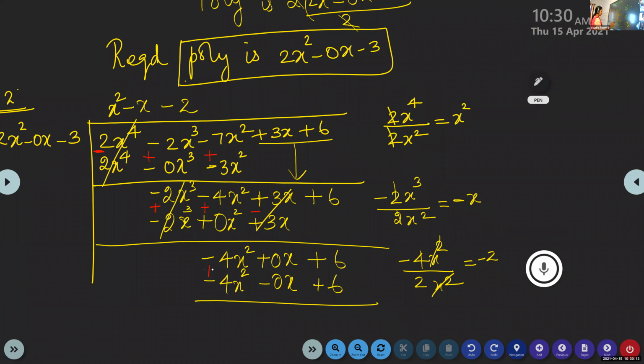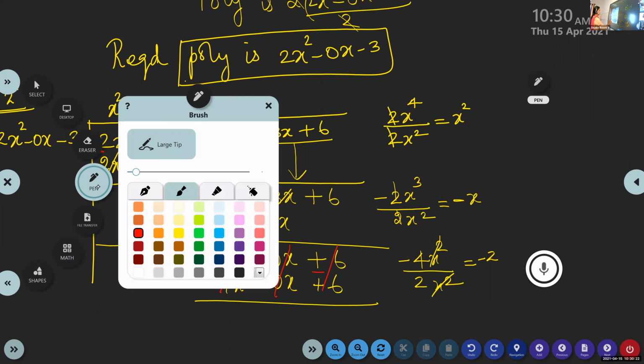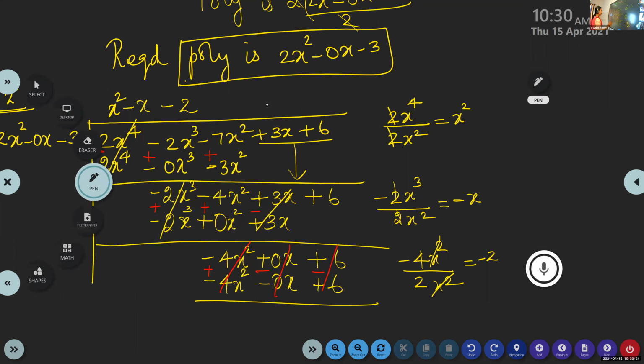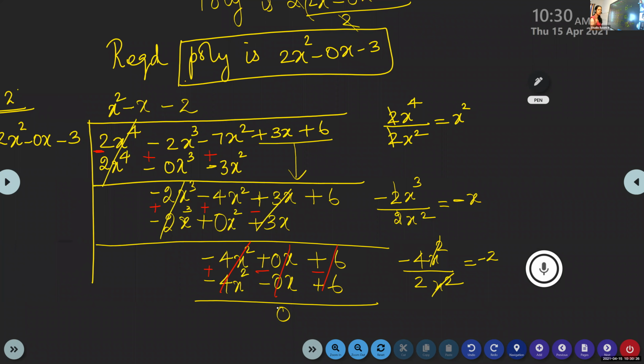So it will become plus, minus. So this 2 will get cancelled. Okay, the answer is 0. It is 0. Surely it should get the remainder as 0. If you are not getting 0, we have done some mistake. Somewhere some calculation went wrong. Here we are getting the remainder 0. This is step 2. We have done the long division.